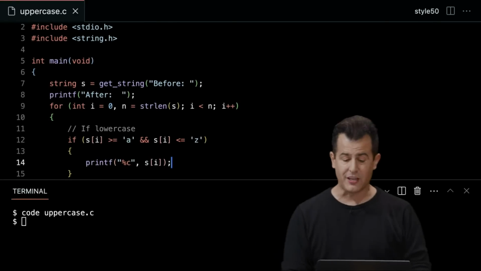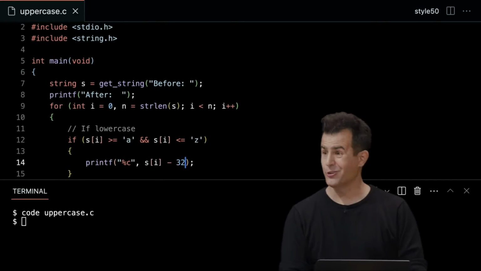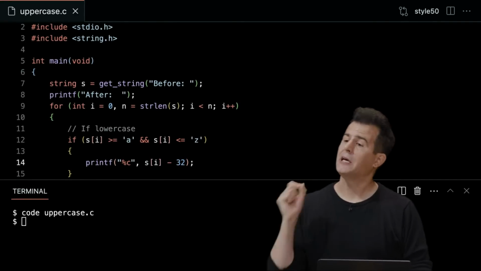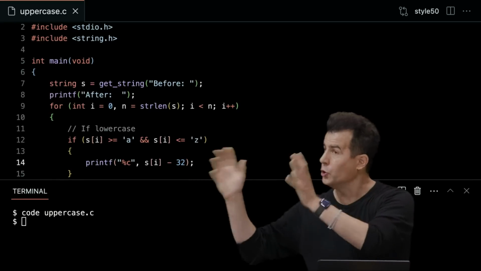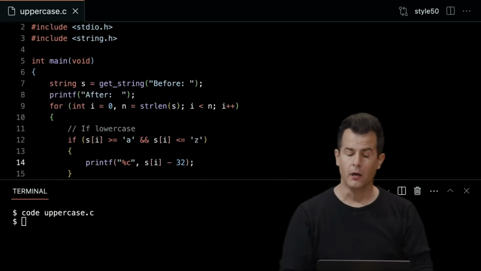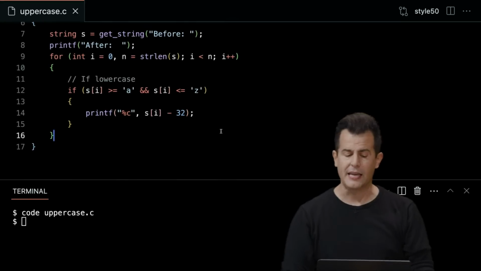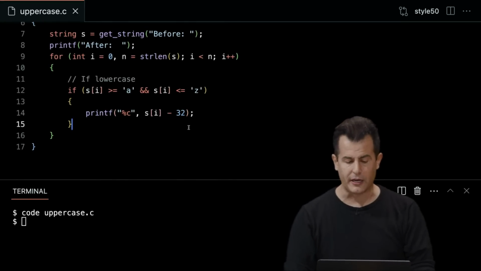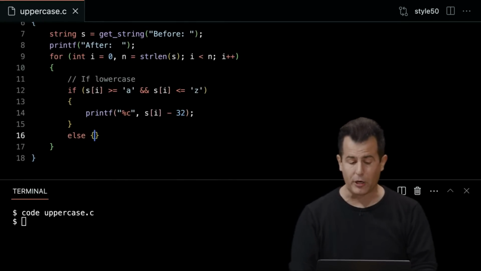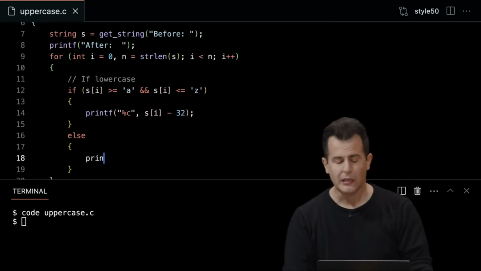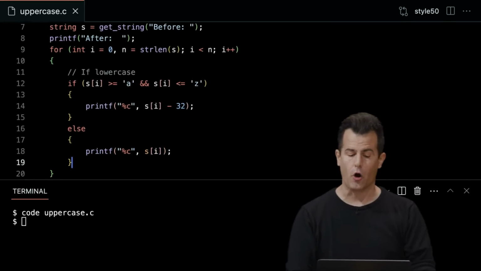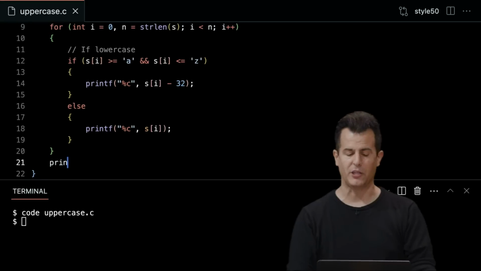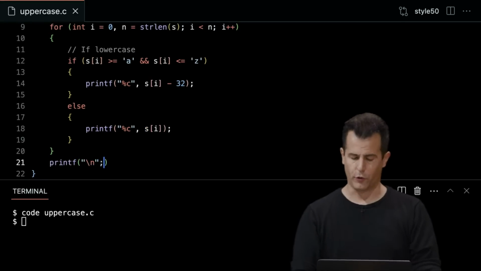So if I go back to VS Code here, you know what I could do? Let's just literally subtract 32. But because I'm displaying this as a char, not as an int, I'm going to see the lowercase letter seemingly become uppercase instead. Else, if it's not lowercase, maybe it's already uppercase, maybe it is punctuation, let's just go ahead and print out with %c the original character unaltered. And then at the very end of this program, let's print a new line